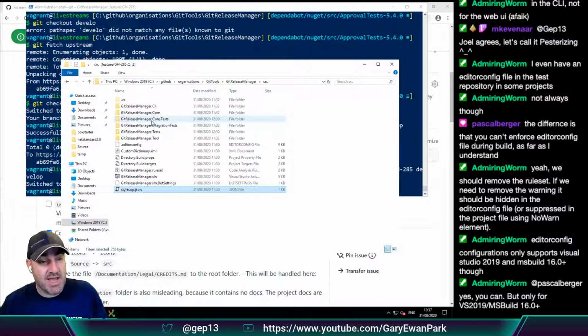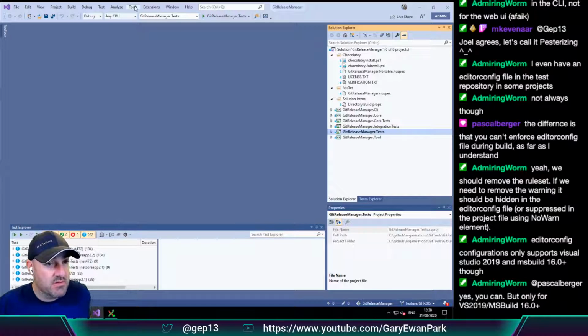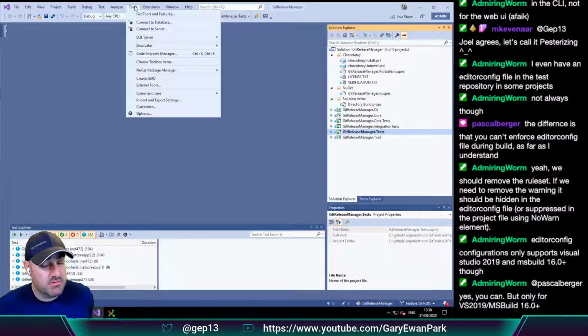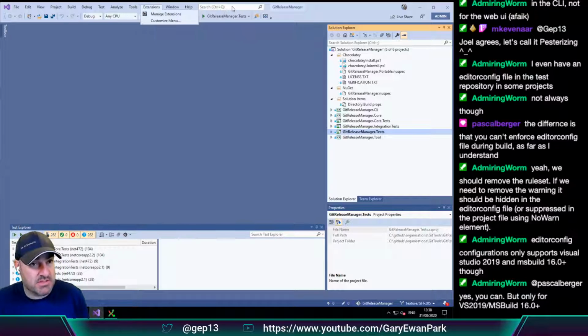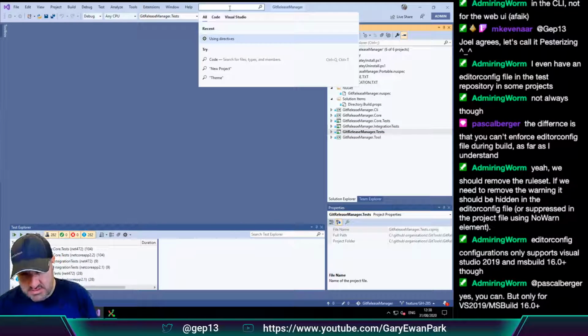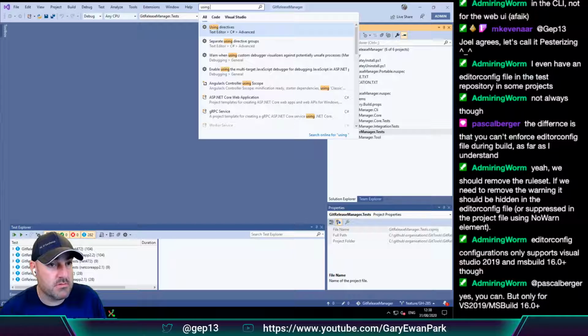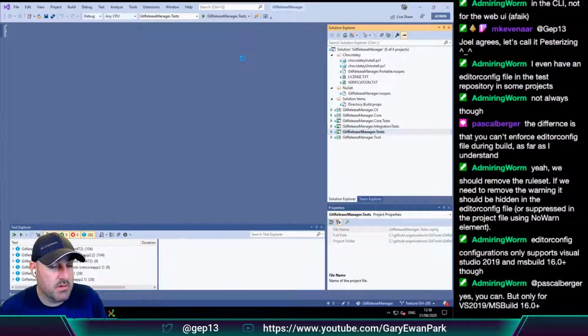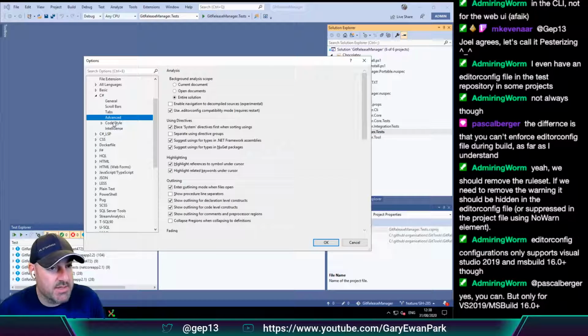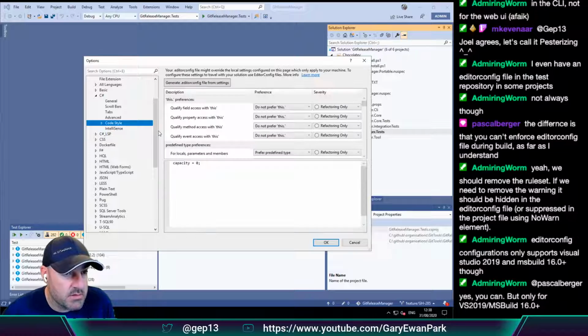So if I'm doing anything stupid, feel free to shout out, because the one thing that we are going to need to do is we're going to need to go into. Now I found this. Now where did I find this? It was using here, and it's in code style. Was it in code style?